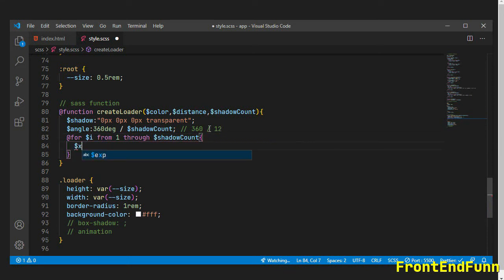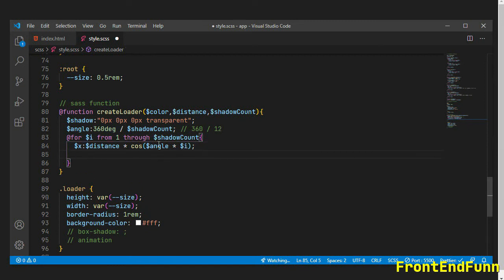So first let me calculate the x value, that is the distance which we passed here, distance times cos of angle times $i. Okay, so I'm creating x and y values using the r cos theta and r sin theta formulas here.